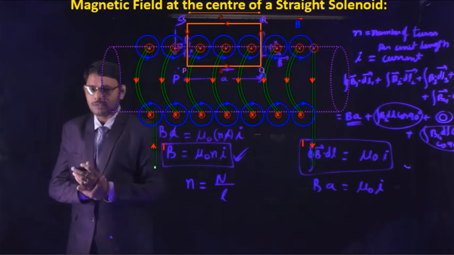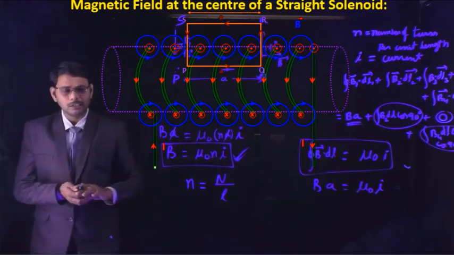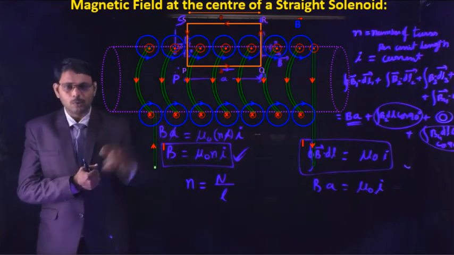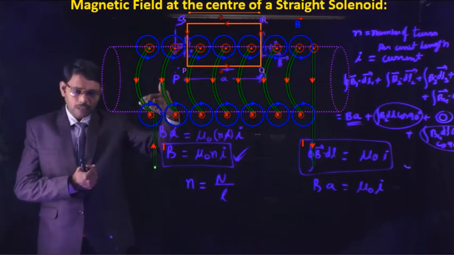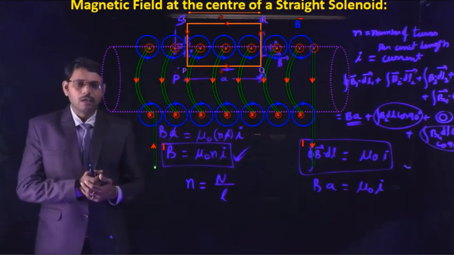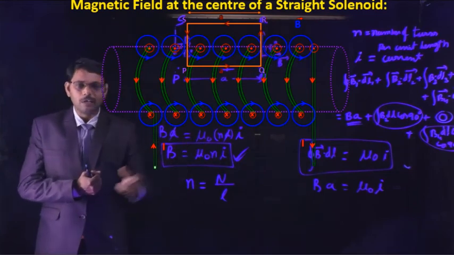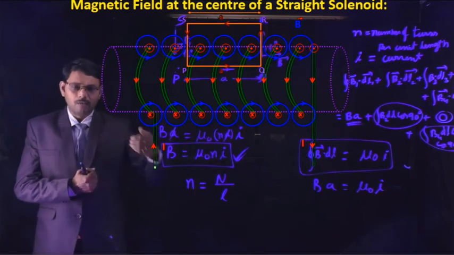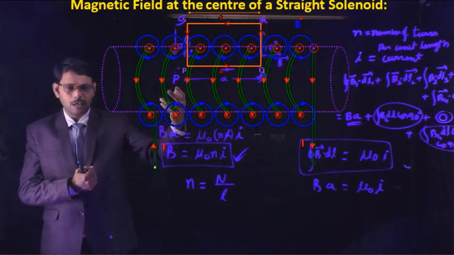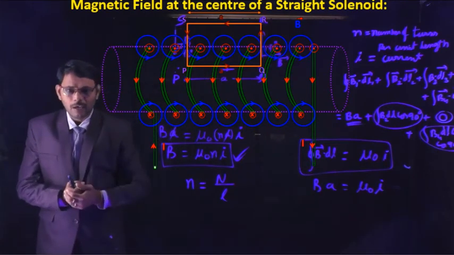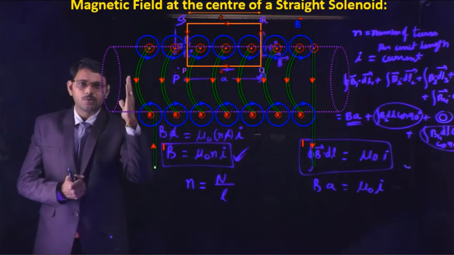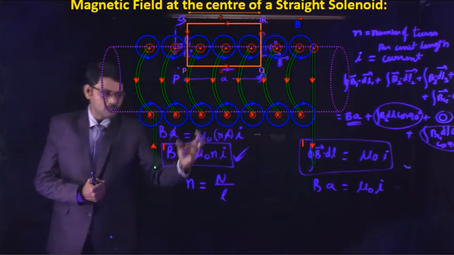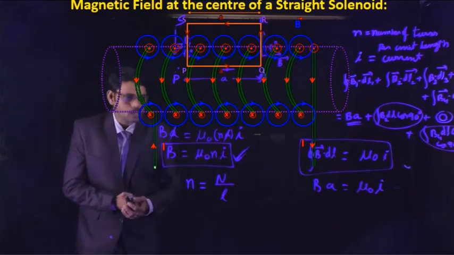Solenoid is also known as the electromagnet because it produces a magnetic field along its axis when current is passing through it. In the presence of current passing through the solenoid, a magnetic field exists. When I is 0, B is 0, hence it is not a permanent magnet. While current is passing, it behaves like a magnet and produces a magnetic field along its axis. Hence, the solenoid is also known as the electromagnet, whose magnetic field is given by the expression mu naught nI.